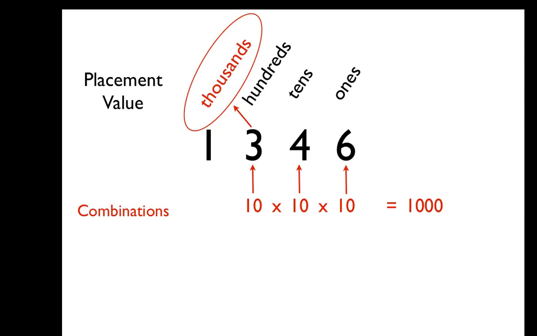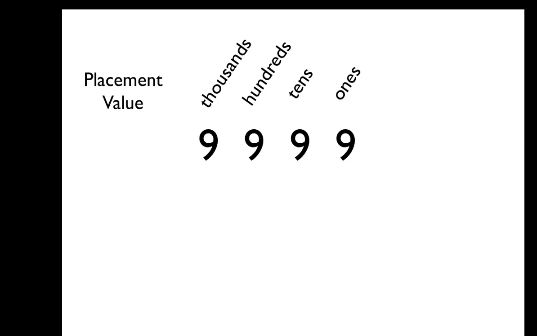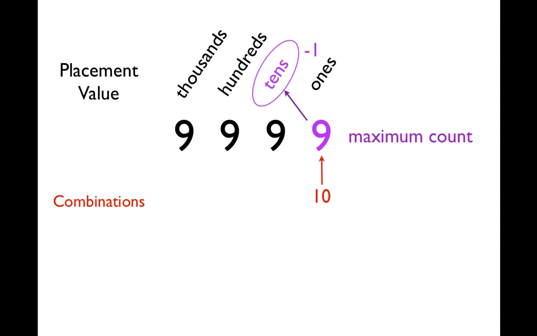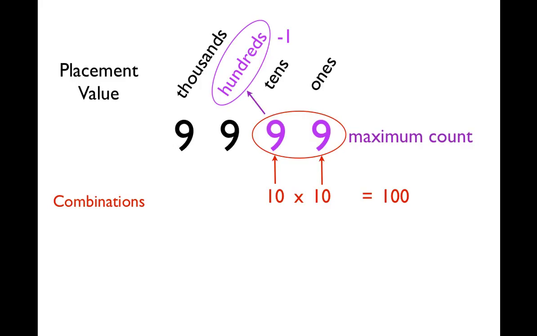Another pattern that would crop up is if you're trying to figure out how high one of these placement values could count. Now here I have all of them maxed out to the max value they can be, which would be 9. But if I wanted to look at a shortcut to find out what the physical count of a number would be, I could look at the next placement value and subtract 1 from it. Which means in this case, the maximum count that one decimal digit would give me would be 10 minus 1, or 9. If I wanted to look at the max count that 2 digits would give me, it would be the next placement value, which would normally tell you the number of combinations, 0 through 99, minus 1, which would